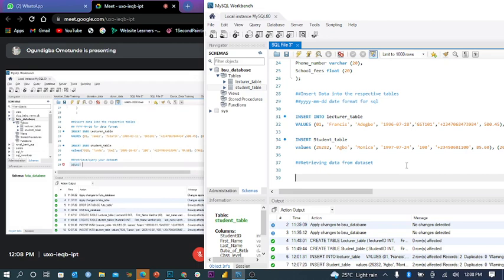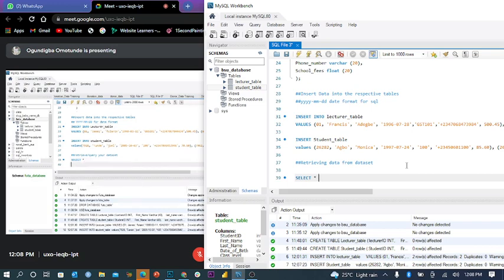Now I want to see everything that is in my data set, so I use asterisk, or you call it star. I call it asterisk. So you select asterisk from which table, because we have two tables. You have to tell SQL that I want to retrieve all the columns or all the details that I inputted earlier from a specific table.